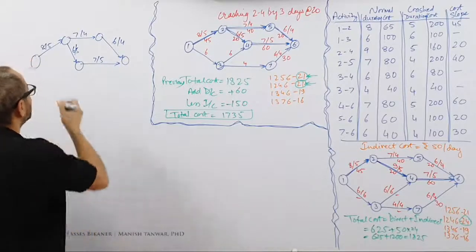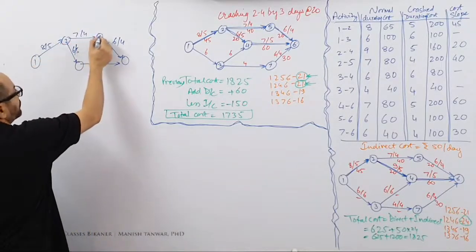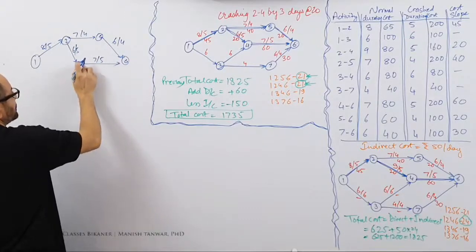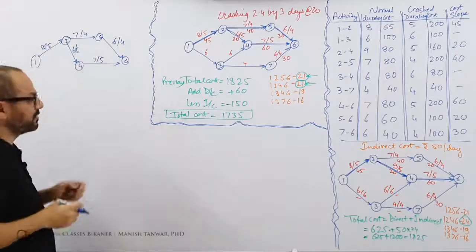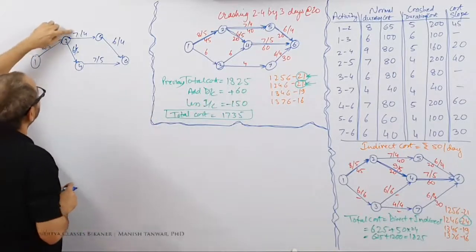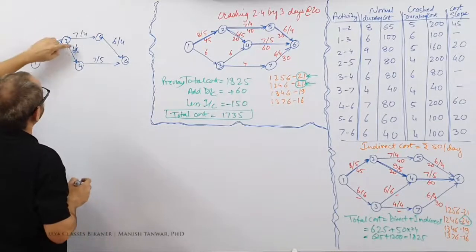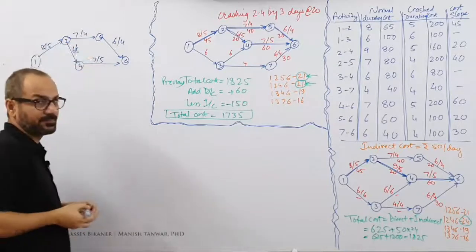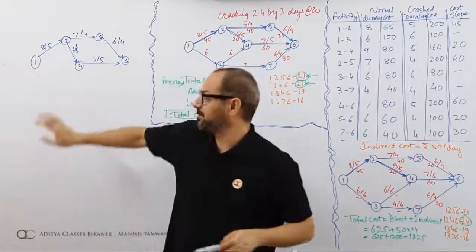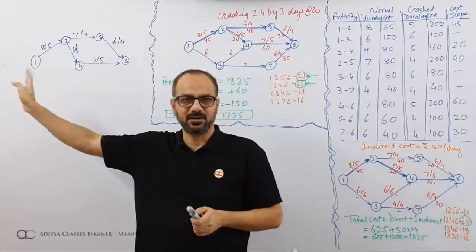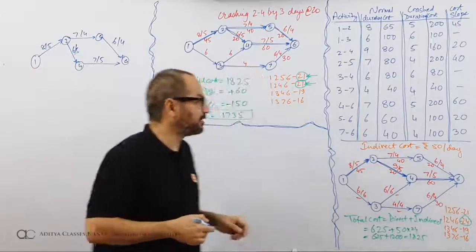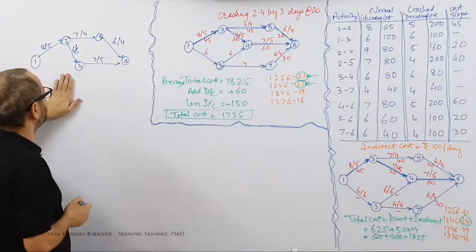One path is 1, 2, 5, 6. Another path is 1, 2, 4, 6. We need to bring both these down to 19. You can check, these are 21. 8 and 7, 15 and 6, 21. 8 and 6, 14 and 7, 21. So right now both are 21, but I need to bring it down to 19. This I am doing only to explain. You need not make this in your fair solution. Now the idea is, we need to bring them down to 19. How can we bring them down to 19?